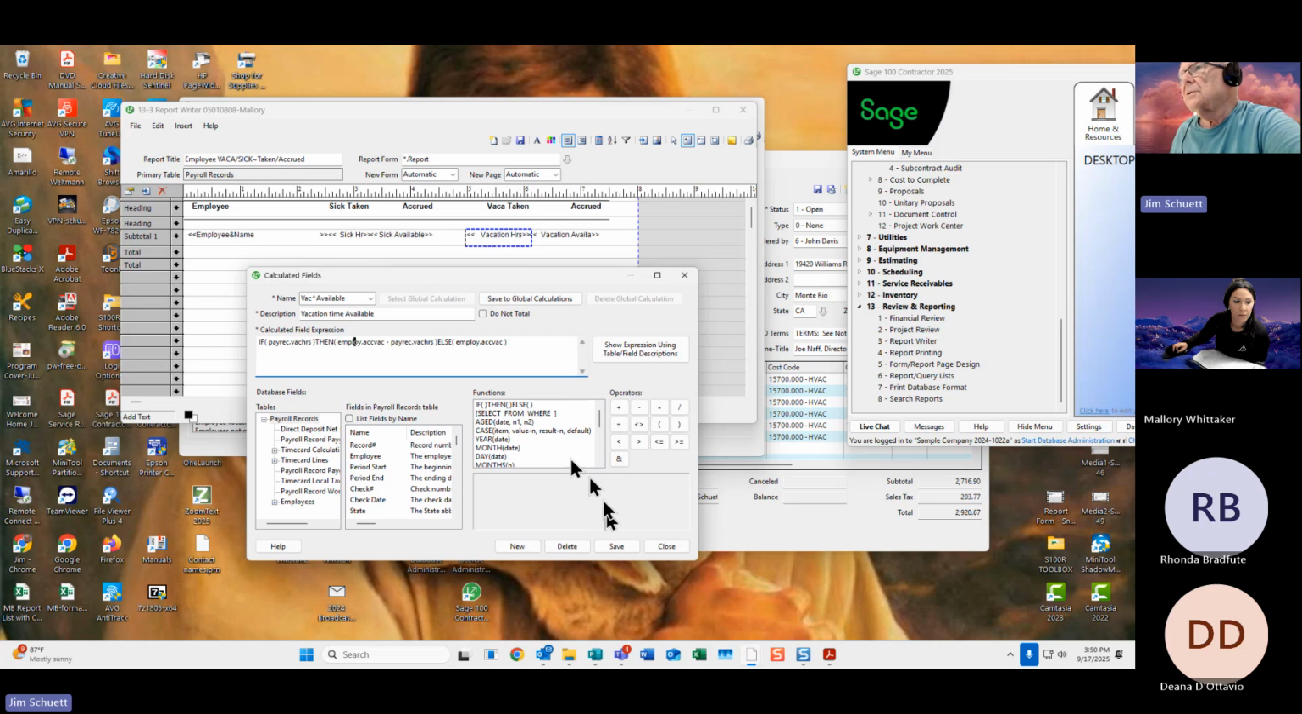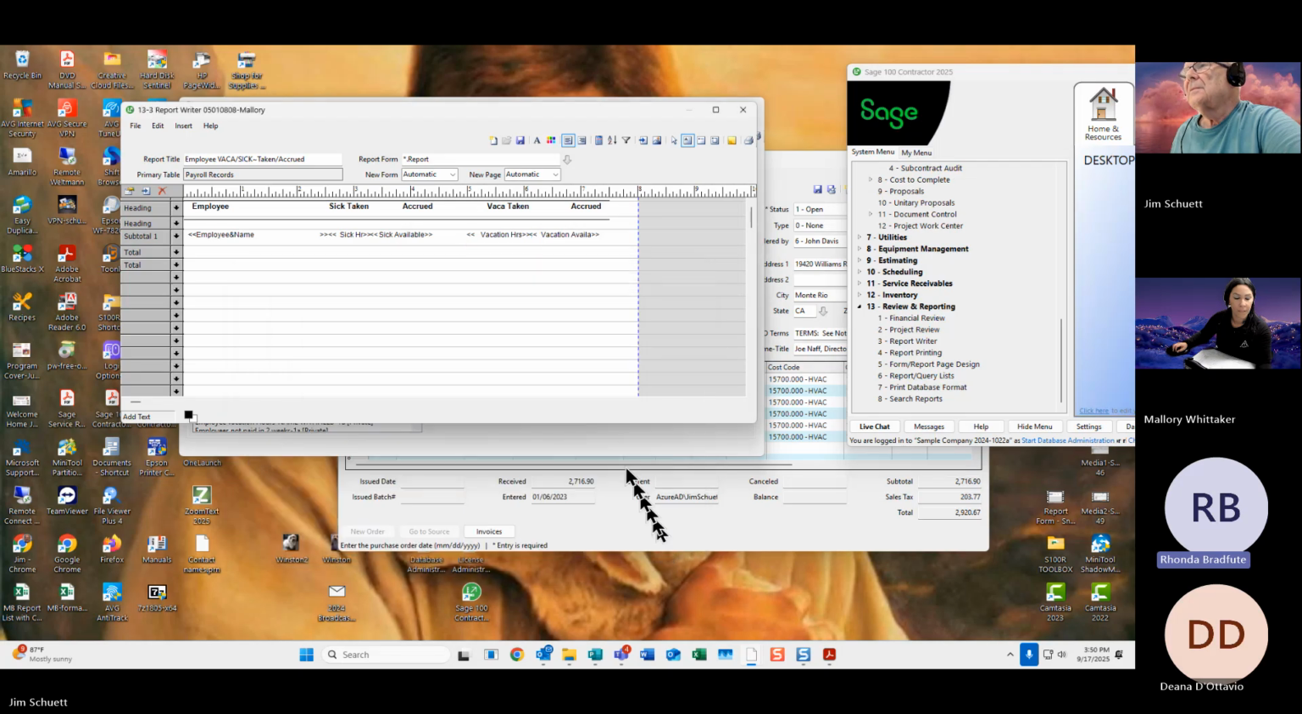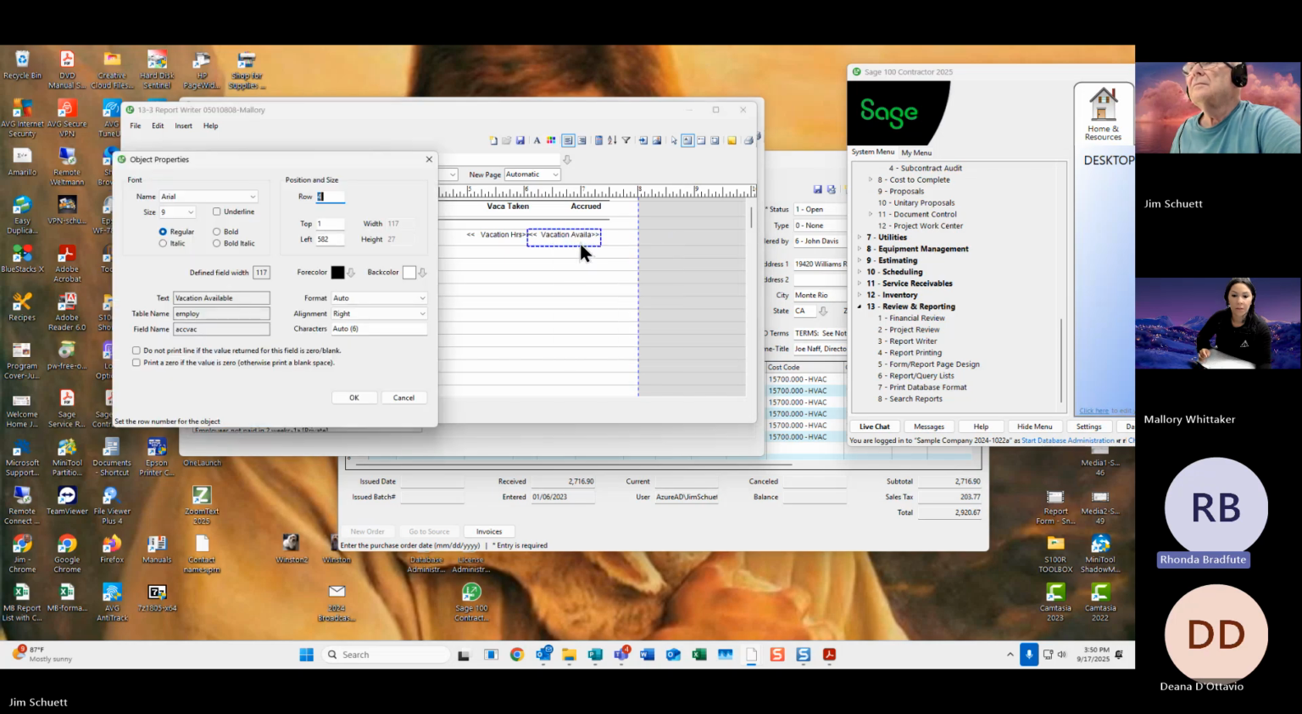Okay, let's kind of start over from this. What I did there is I took those two fields and I wanted vacation available minus vacation taken. But it gave me the numbers, it actually put equals 40 minus 8, but it didn't give me the balance. Okay, so what we're going to do is